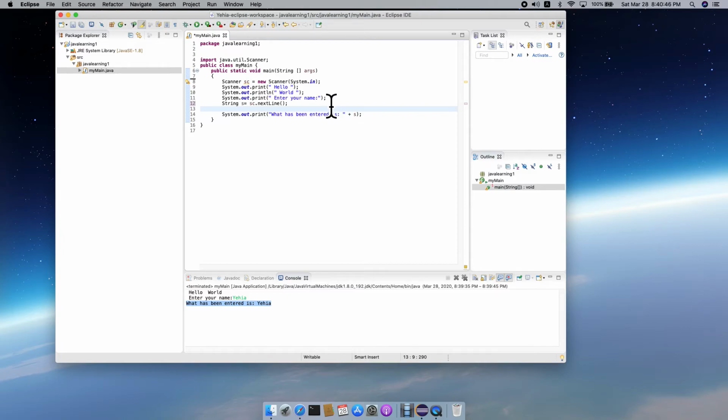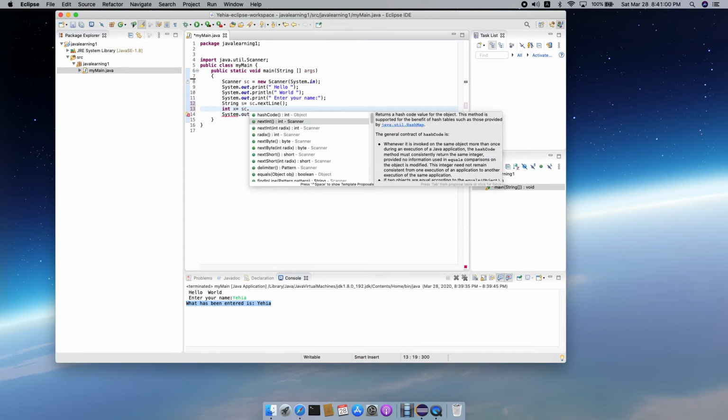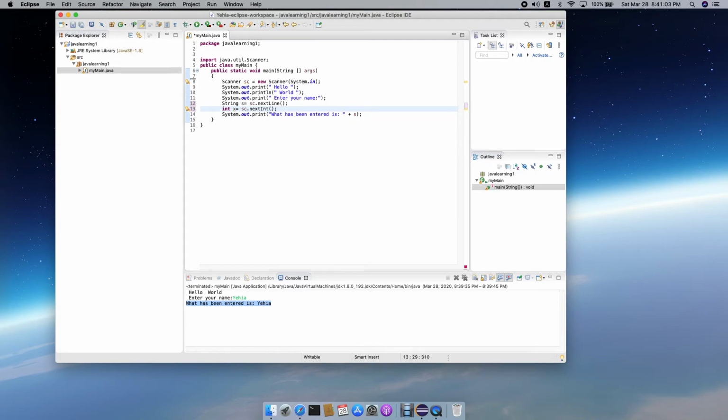Okay, now I can also say int x equals sc, which is the scanner, dot nextInt. So now I'm reading an integer. What is an integer? It's a number, right? So here I'll do something like this, and then I'll display a message. Enter your age as an example here. Okay, I'll call this age, and here enter your age. All right, and then I'll write here